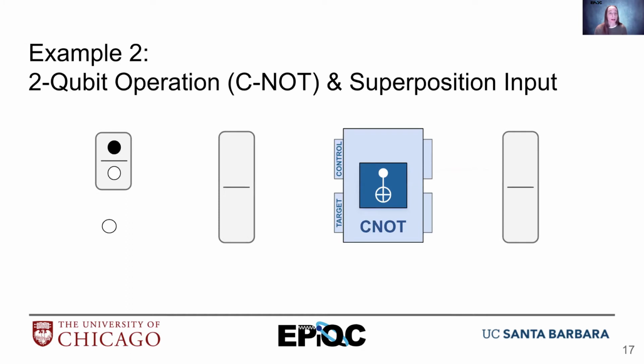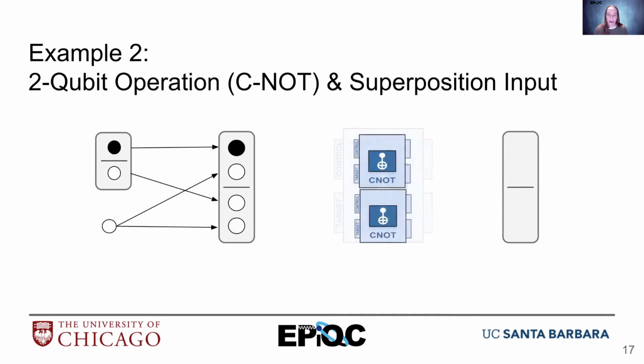Okay, now let's look at a second one. And this is our C naught. So this is when order really, really matters. But we're starting with the same inputs. So we go ahead and make ours where we take the first one and we split it into the two choices. And then we put the second one, and that's the second choice both times. Okay. Now we split up our C naught gate into two little C naught gates. And we put the first one through. And because the top ball was black, that means we'll swap the color of the second ball.